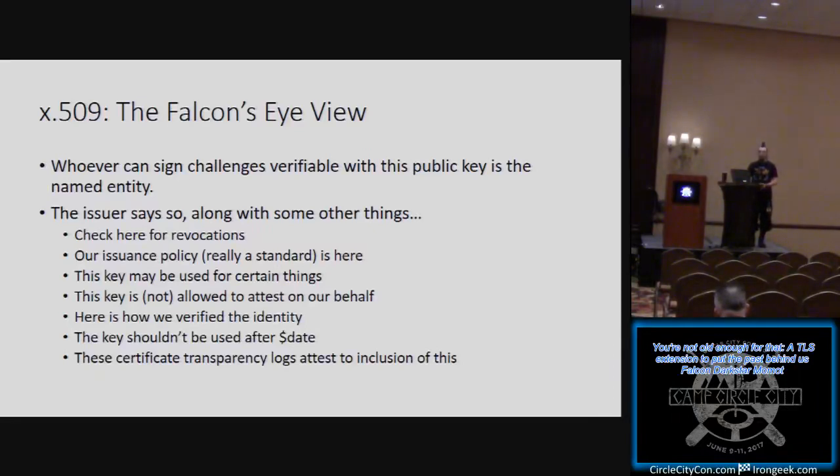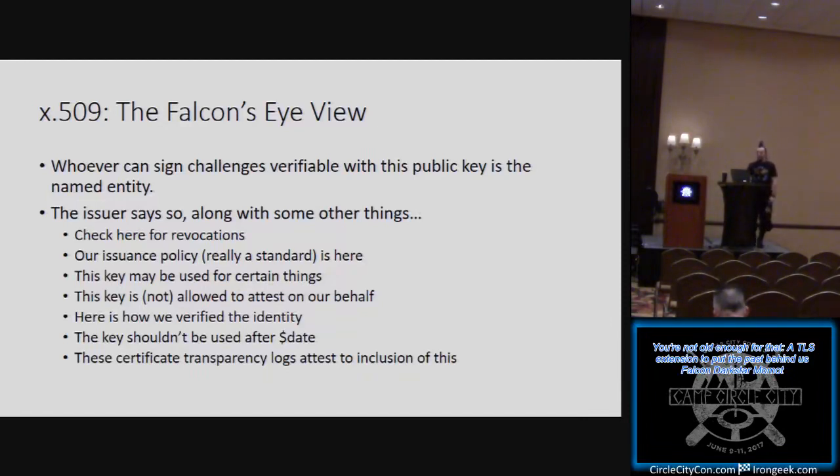The issuer adds many things to this document. It says things like, here is the point where I distribute my CRLs, check here for revocations, check there for OCSP responses. This key may be used for certain things. You can use it to encrypt website connections, but not say to sign code and emails, because it didn't want to attest to you as a developer, just you as a website operator. It says whether or not the key is a sub-CA allowed to make attestations on the CA's behalf. Unsurprisingly, this field is almost always no. It also encodes information about how the CA verified that identity, and it further encodes an expiry date in order to force you to continue paying them. Actually, to force you to rotate your keys, but that's not how it ended up working.